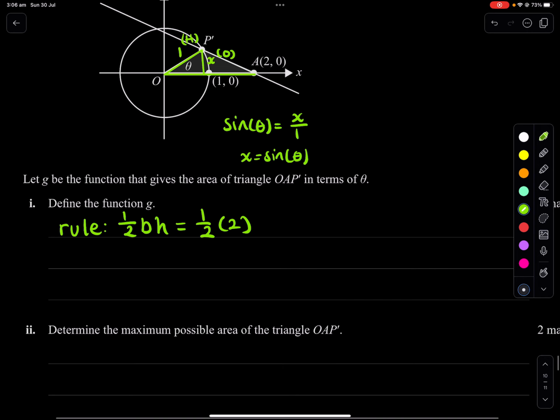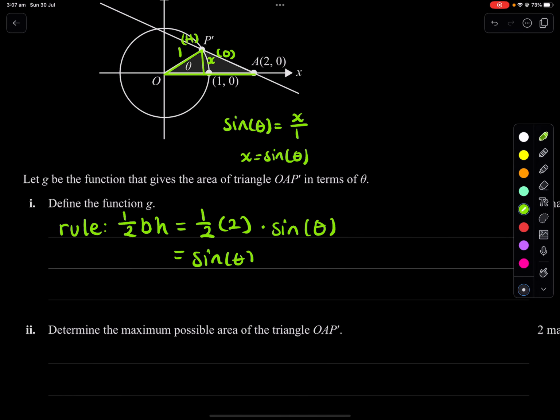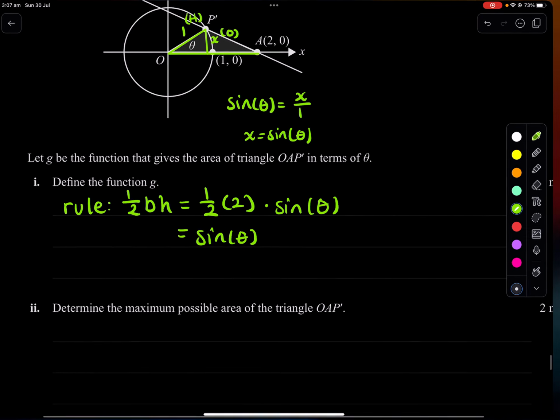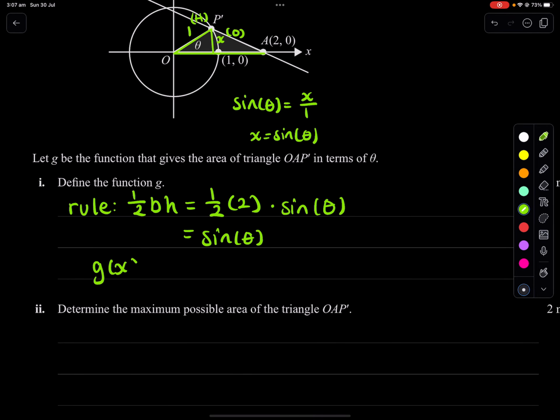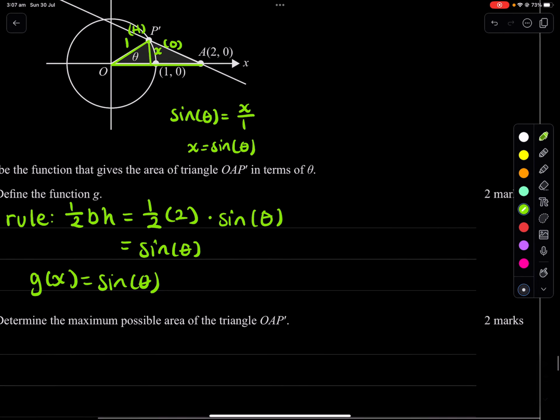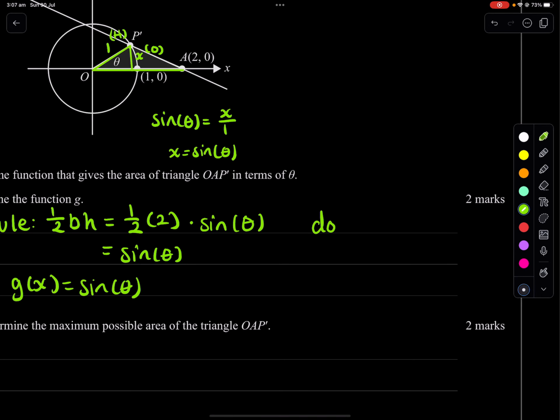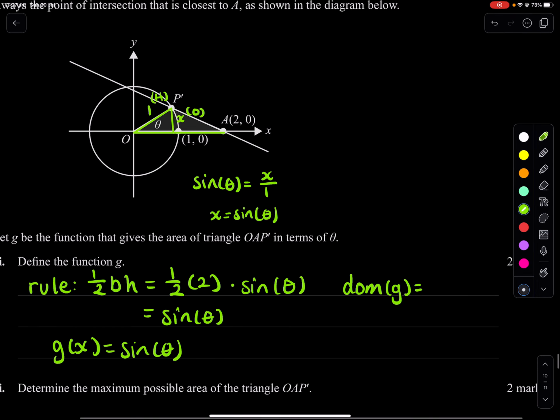So half times 2 times sine theta, which will be just sine theta. Therefore, g of theta is sine theta. Okay, and we need to give the domain. So the domain of g is from